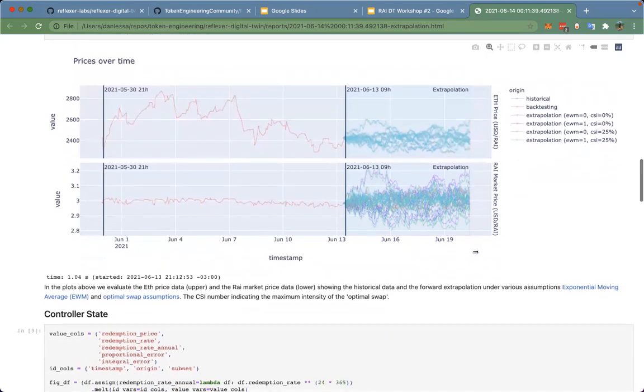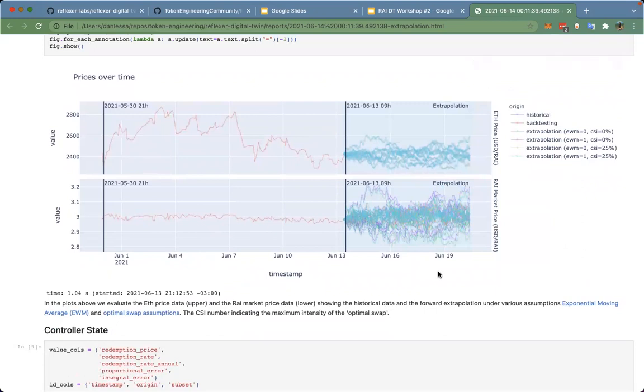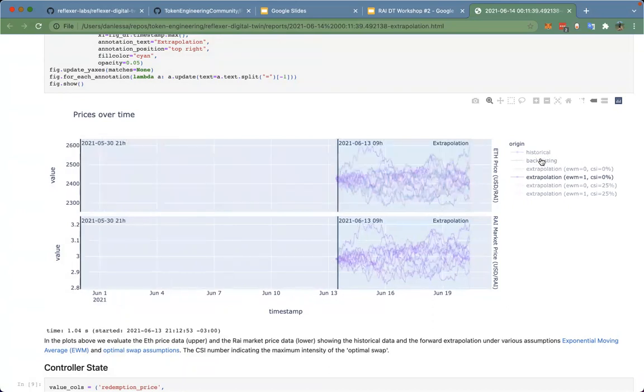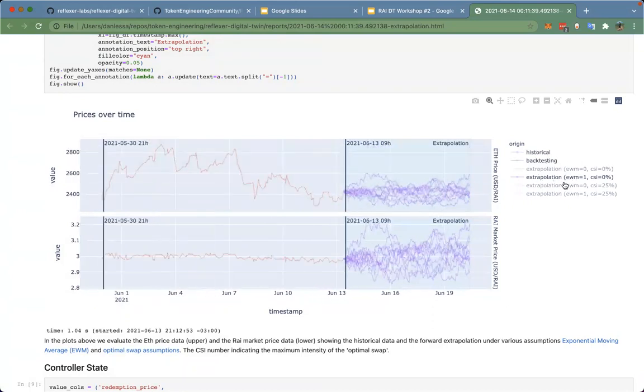And based on the ETH price, we could also compute the high market price. This one is a bit more complicated, but we do have those scenarios. One thing I want to showcase here is what makes those interactive visualizations powerful: you can see that there are several extrapolation scenarios here, and you can see the CSI here and the OMW. This is related to the discussion we just had. For example, on the purple line, I only have the EWM model activated in terms of behavioral model.